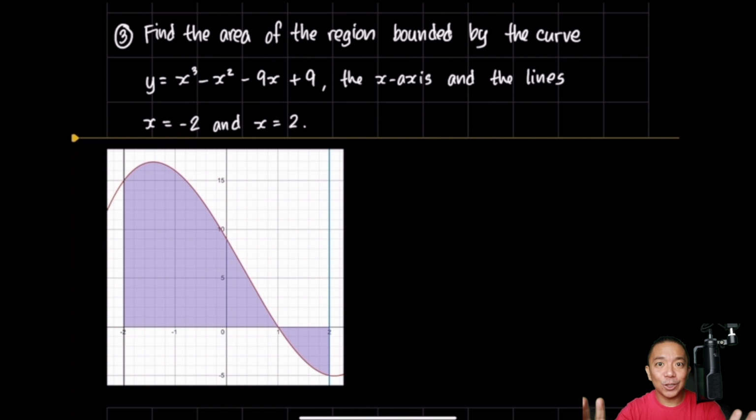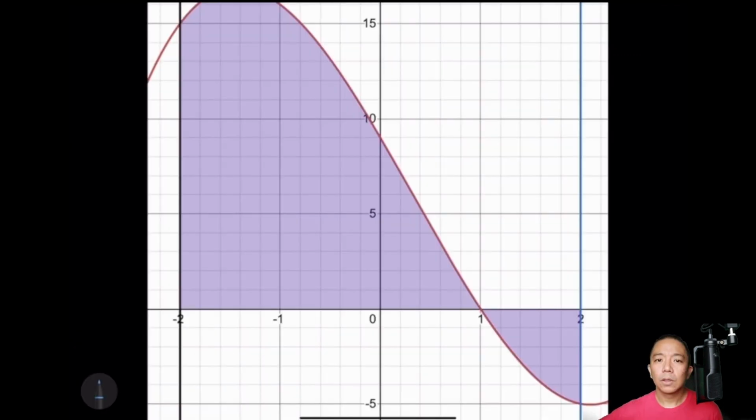Ang expectation natin, yung area nitong region na to, yung positive value nun, mas malaki siya dun sa definite integral of this same region. Kasi nga, a definite integral will give us a net area. Here, we want the total area. So what could we do? We could subdivide this area into two separate regions. Yung region above the x-axis, let's call it region 1, and the region below the x-axis, let's